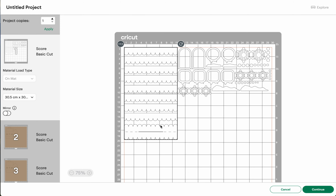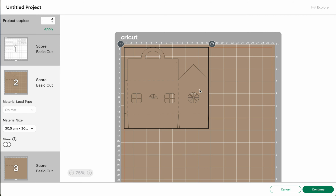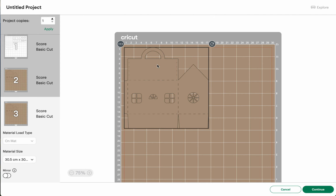You'll see that you've got all the roof panel pieces here, all your snowy accents there. On the second mat, you've got one side of your gingerbread house, and on the third, you have your other gingerbread house piece. You'll see at the top here, you've got some little guides on where to attach your snowy